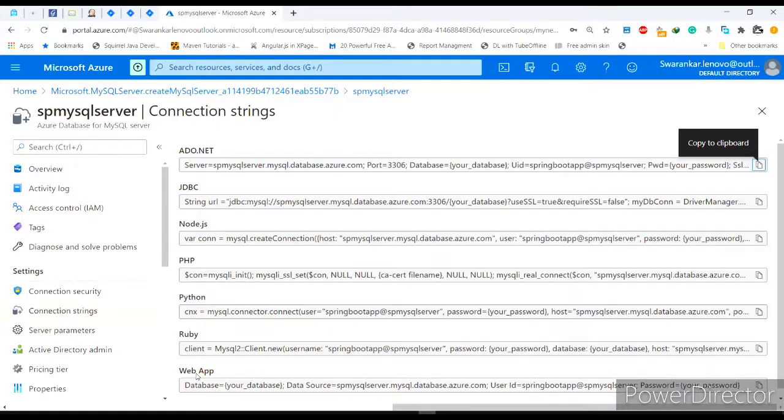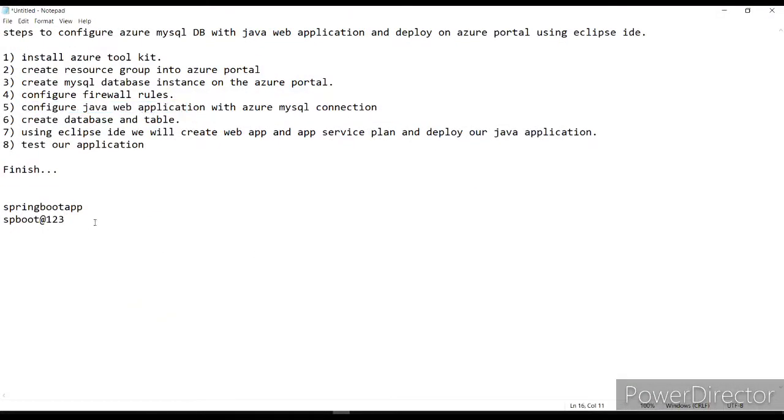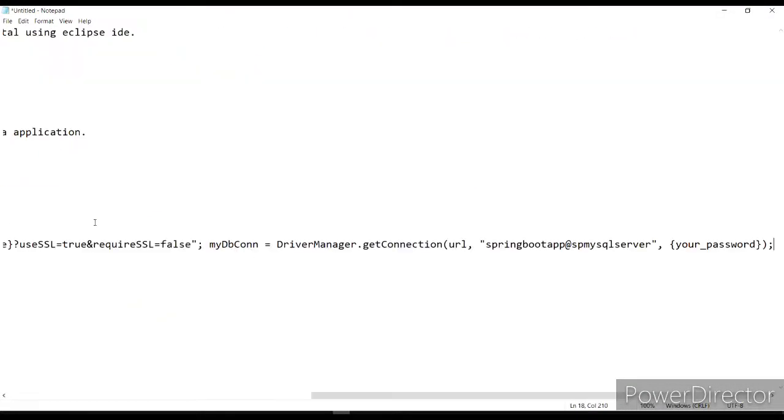If you want to connect with the MySQL server, then you can use this connection string as well. We need to use the one for Java, so we will just copy it and paste it here.